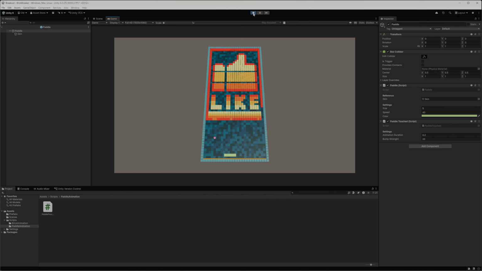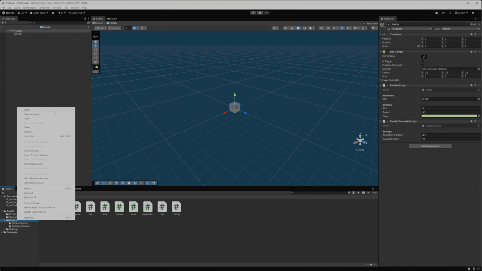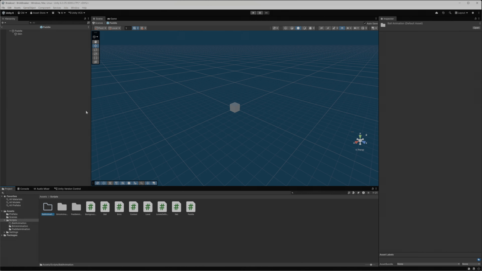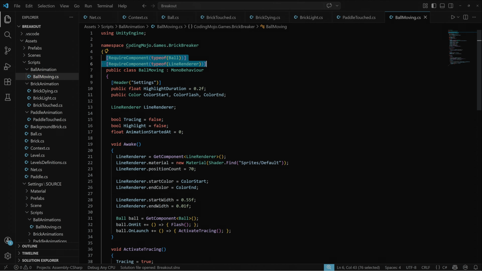We're going to finish by adding the tray that follows the ball as it moves. We'll also make this tray light up when the ball hits an obstacle. Create a folder called Ball Animation and a new component named Ball Moving. This one requires a ball component and a line renderer component to draw the tray. Expose a highlight duration, a color at the base of the ball, a color at the end of the trail,